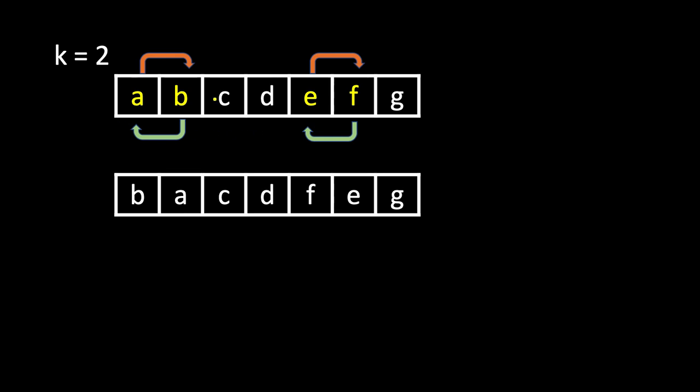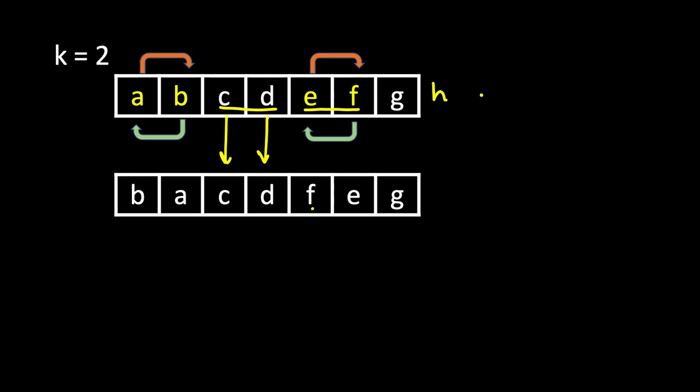So this is the string and here k is 2. What will be the output? Take the first k, first 2, and reverse them, so AB becomes BA, A goes here, B comes here. CD remains as it is, it's copied. Then EF, again take the 2 characters and reverse them, FE. Then again leave k characters, here only 1 is there, so you leave it.